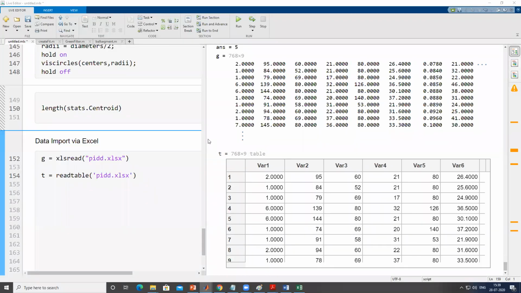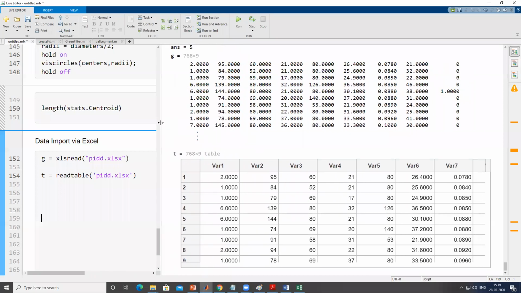Here you can see that the first output, G, is the matrix output. If you are using the XLS read command, then MATLAB creates a matrix and stores only numeric data in that matrix. But if you are using the readtable command, then MATLAB can store integer data, decimal data, and string data also.